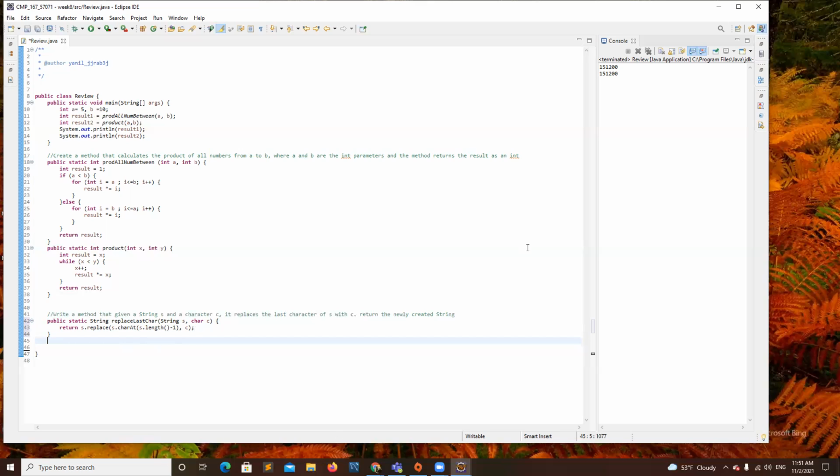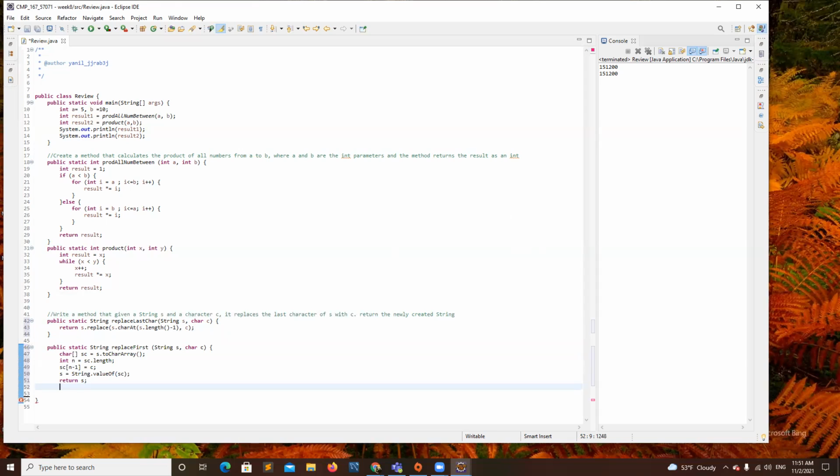It should be replace last instead. Okay, I'm going to see Jonathan's. So this is a great implementation, but of course it should not be called replace first. It should be called replace last.